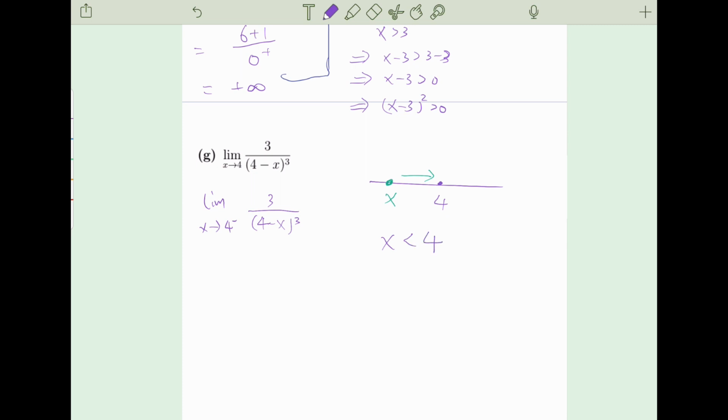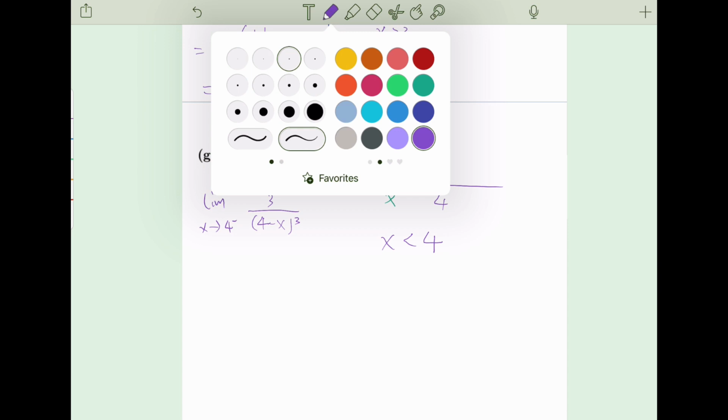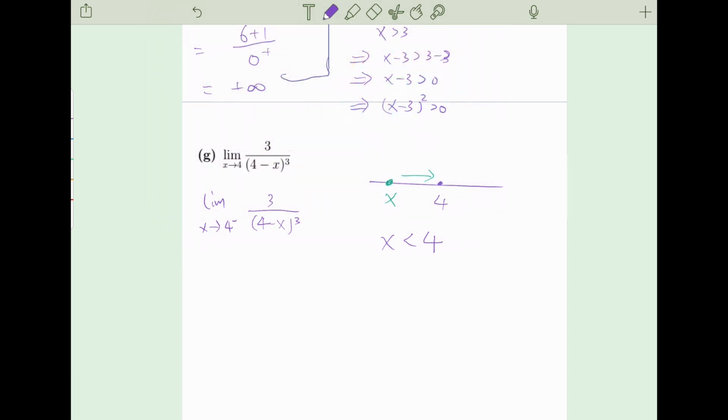Right? And to obtain the expression 4 minus x, we're gonna multiply this inequality by -1 on both sides. So you can imagine you switch the 4 and x, so you have -x greater than -4. By multiplying -1 on both sides, you need to change the direction of the inequality when you multiply the inequality with a negative number, right? So the direction has changed,